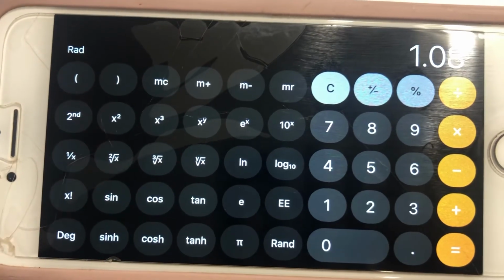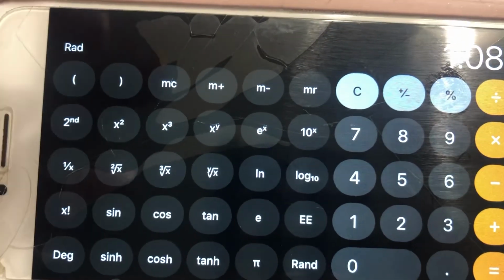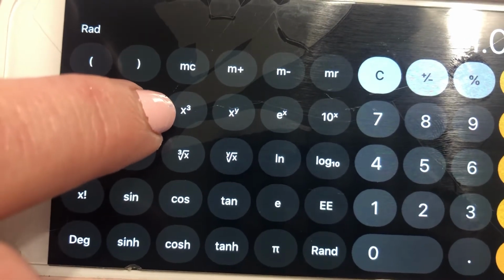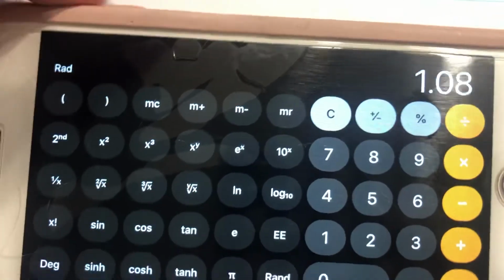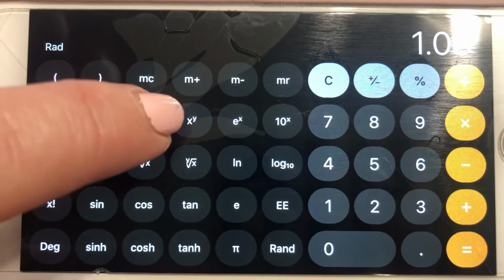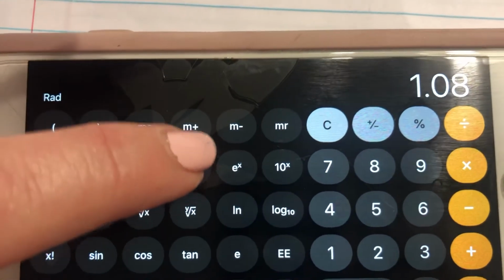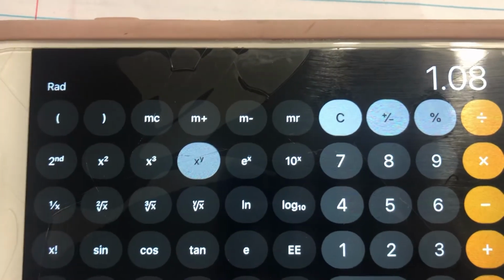So you've done some of these before. Since this happens to be to the third power, we could do x to the third, but I'm going to show you another way to do that. You can use this x to the y power button. If you touch that, again, it looks like nothing has happened,